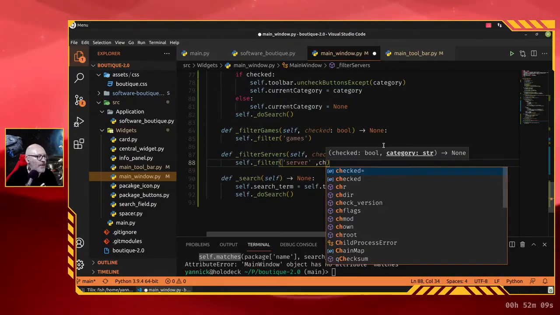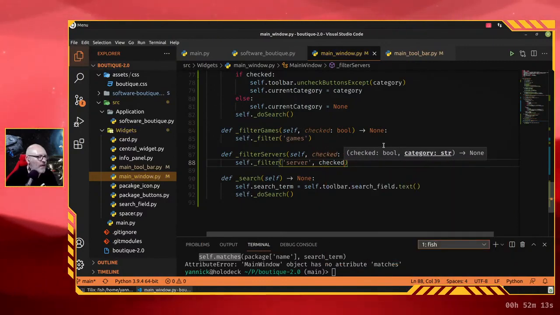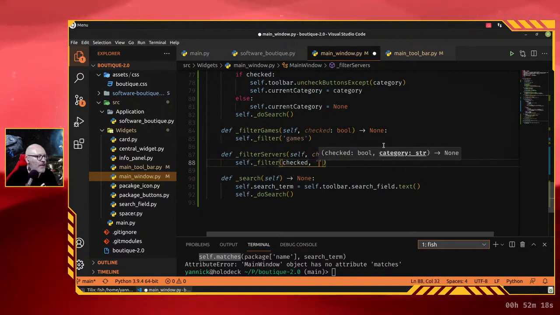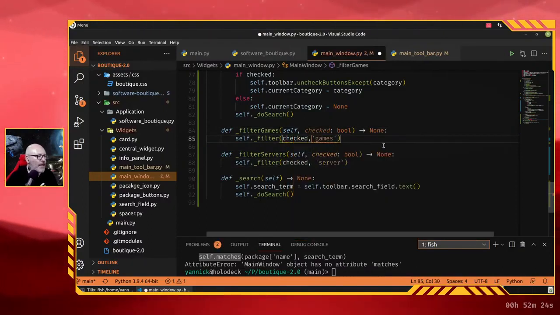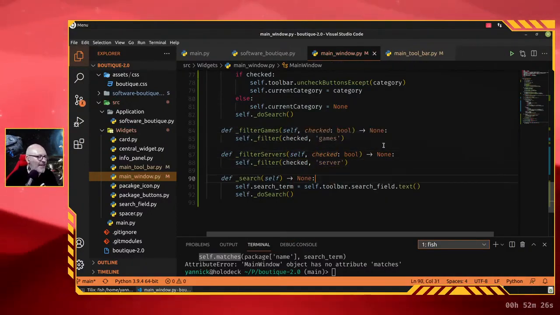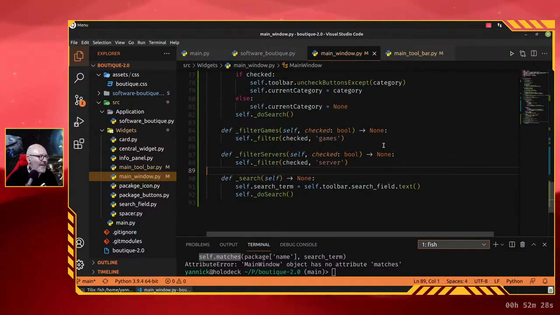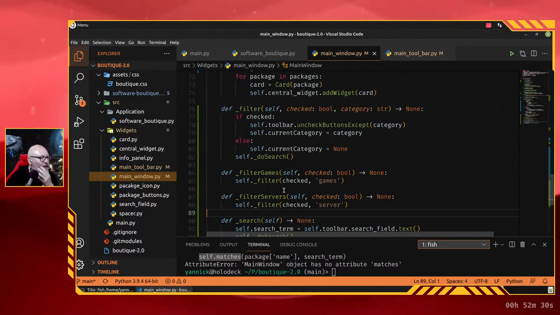That's not gonna work. We need a check here. Actually, that's in that order. Check. All right, check please. That looks a lot better now, because if I can figure out a way